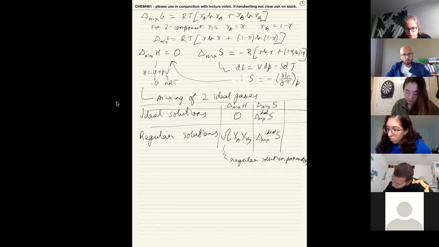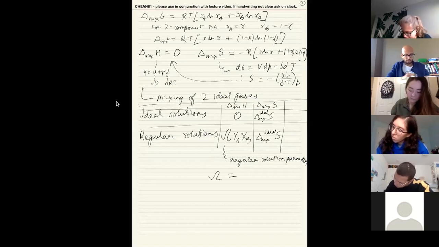Atkins doesn't talk about omega at all, which I really do not like. I think it's a wonderful parameter. We will be spending time, and I will be giving you my own notes on what omega is. Omega really comes down to, let me write down the expression and we'll work through it in the coming classes. Omega is